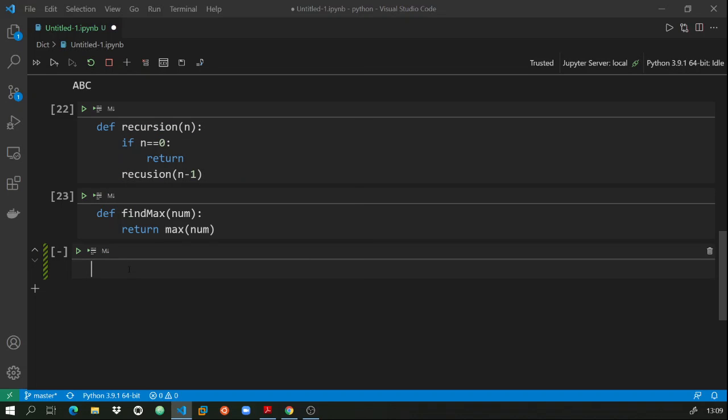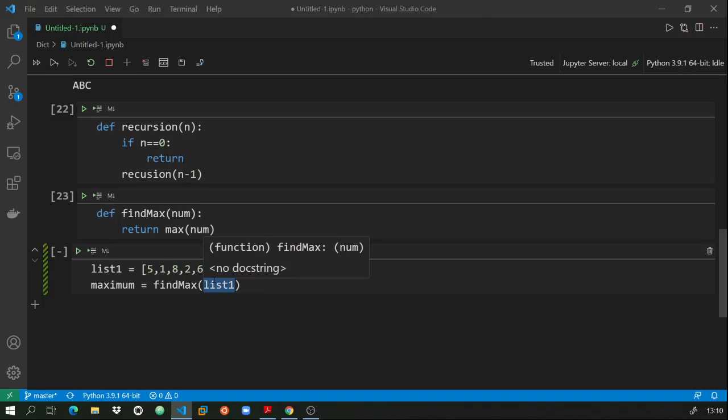So if you'll see, we can do something like that. Let me define a list one, and let it be suppose 5, 1, 8, 2, 9, 6. So this is our list, and I want the maximum. Let me call this find max function and pass this list to it.